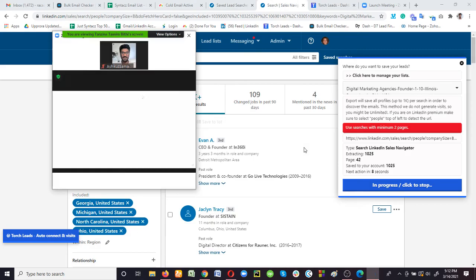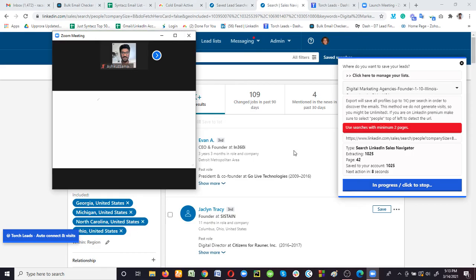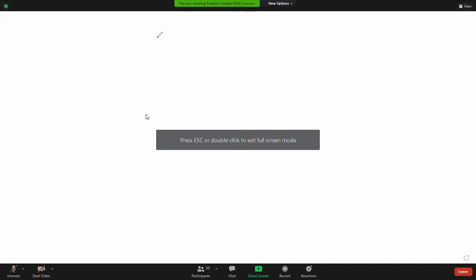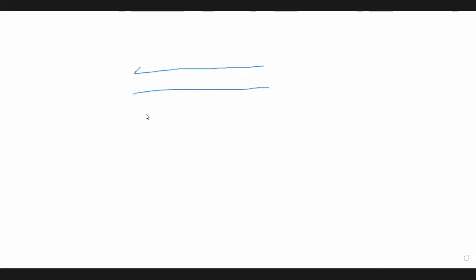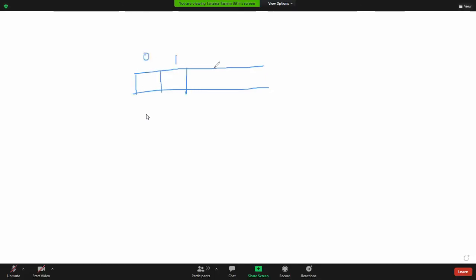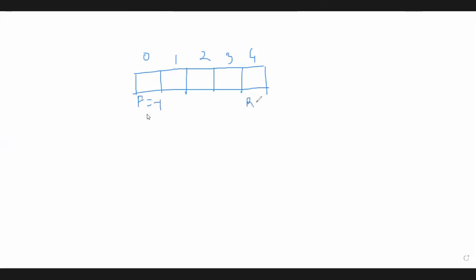Okay, so I'm giving you some data, and you have to perform these operations on a circular queue. Suppose the circular queue is actually a double-ended queue and its size is 5, with positions 0, 1, 2, 3, 4. And the queue is empty, that means f equals -1, r equals -1. Okay, and the operations are enqueue front,